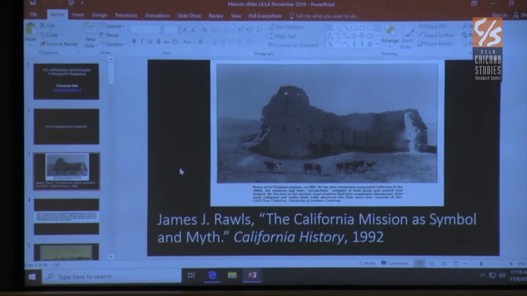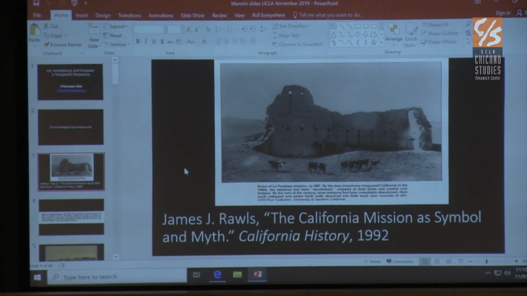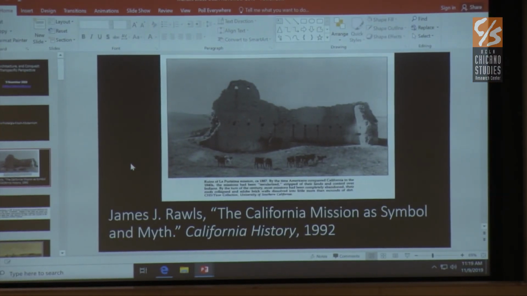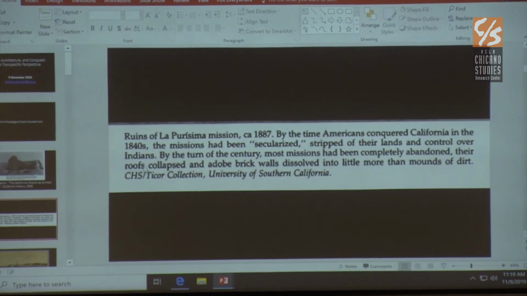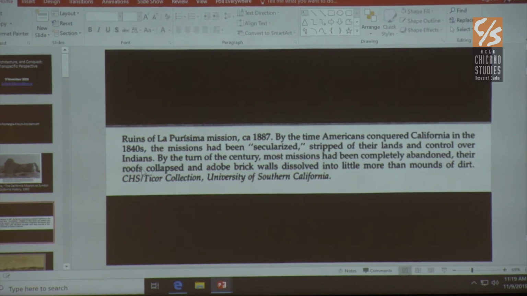And there are many people who've commented on this, and an example would be this article, which is one of many looking at this process. And I've chosen this article by Rawls because I wanted to enlarge the caption because it reinforces a timeline, I think, that we can associate with this process of myth-making and its relationship to conquest. Although I know from yesterday that maybe I shouldn't use the word conquest, but I'm going with the title of the conference, so we'll stick with that for the moment, in which we have the period of the Spanish invasion and the missions, followed by Mexican independence, followed by the secularization of the missions, followed by their abandonment, followed then by the U.S. conquest,